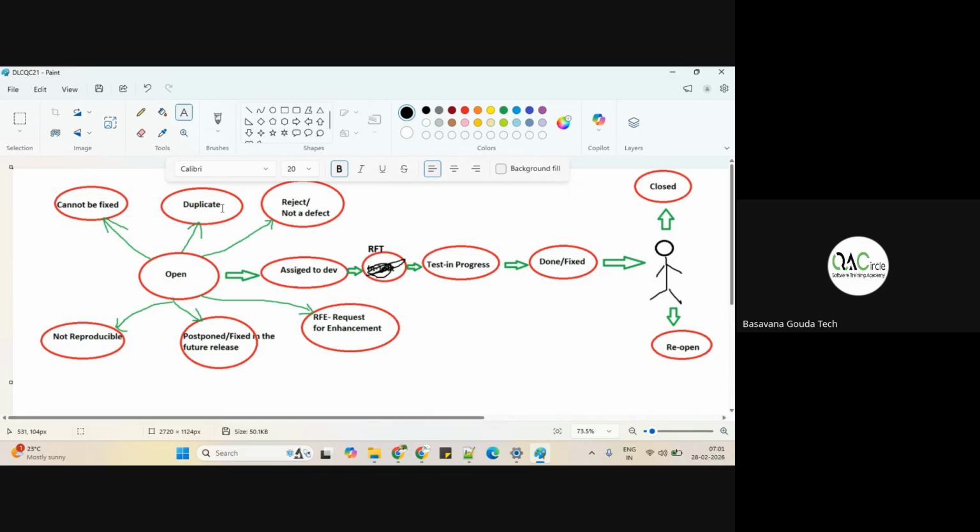The more bugs you create, the more appraisal you'll get. The fewer bugs you create, the less appraisal you'll get. That is also something they'll track. Your performance appraisal also depends on that. Okay, next,